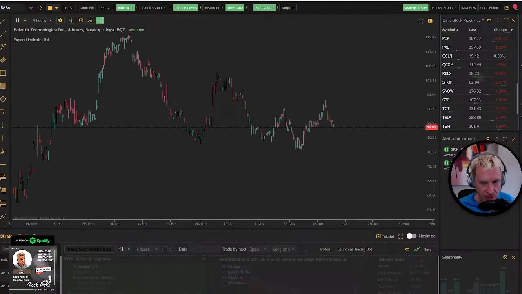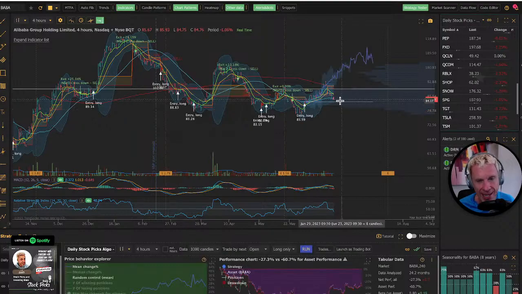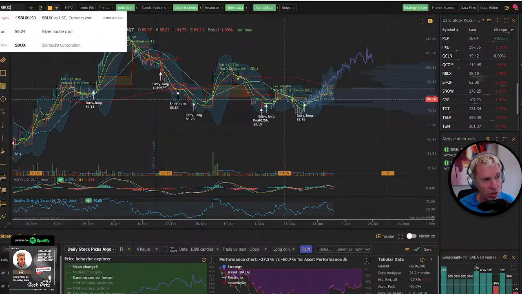BABA, with the AMR thing from SoftBank, I think this one, anything under 90, I think you pull the trigger. You can see clear bottoms here at around $80. Are you upset at getting it at 84? I don't know. I mean, I've been burned on this one before. I may get back in just because it looks too good.